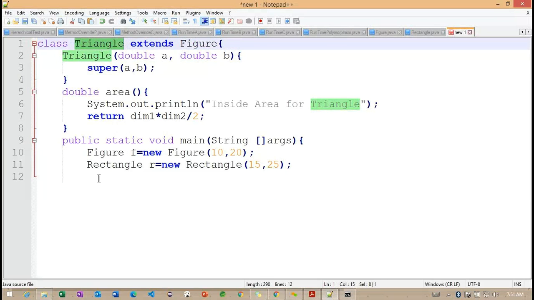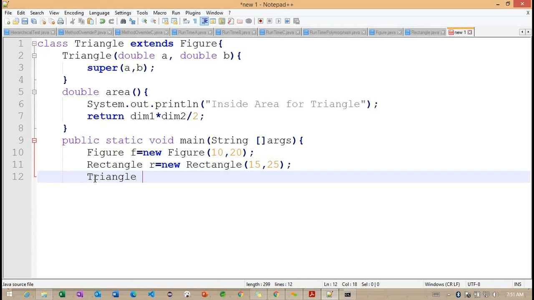Now I want to create this Triangle class here, 20 comma 30. Getting the point.